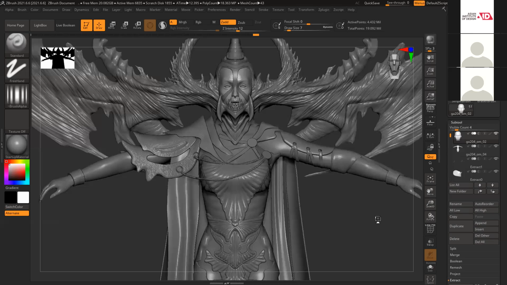So if you show decent quality characters and want to join them as a junior artist, initially they will give you props. Suppose this is my character, they won't give you the character itself. They will give you maybe some cloth or props like a belt, a bag, or some other stuff. If you excel at those, then they will slowly start giving you characters. That's why you cannot join as a character artist right away, unless your quality is like Hussein Diba's.